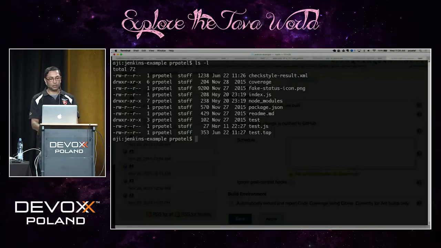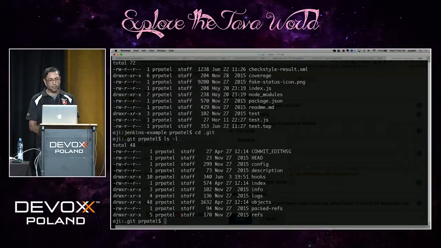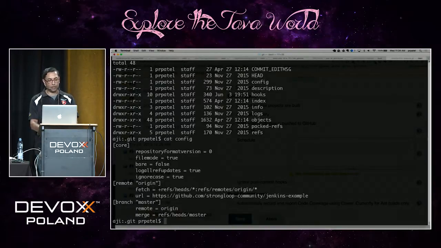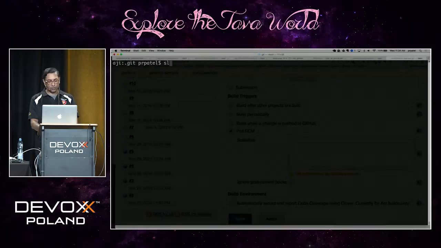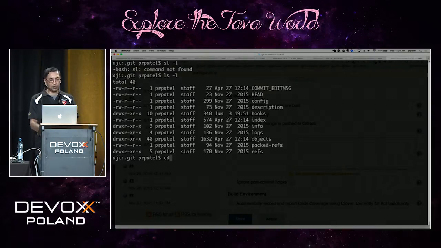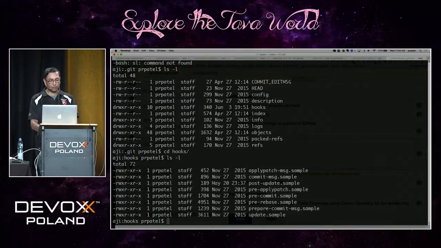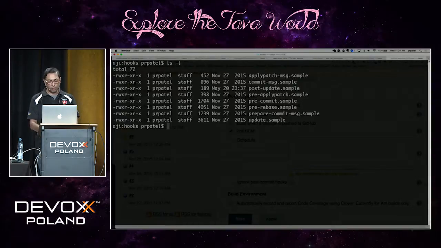So let's go into Jenkins example and let's go into our .git folder in here. And you'll see that this is a standard .git folder. It's going to have our configuration in it, like so. You can see that we have a couple of different configurations in this, but what we're specifically interested in is this hooks folder. So what we do in here is we specifically want to put in what's called a post update in our Git. So if we were to open this up,